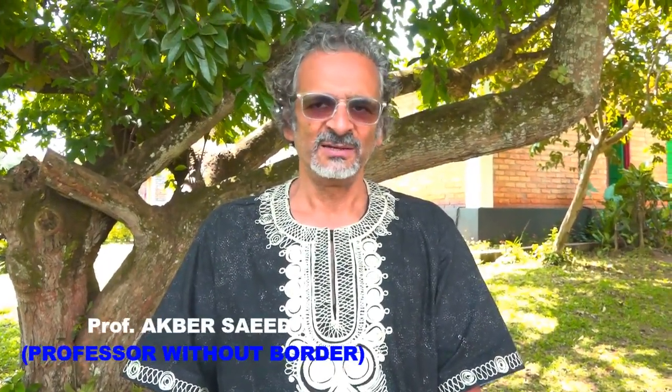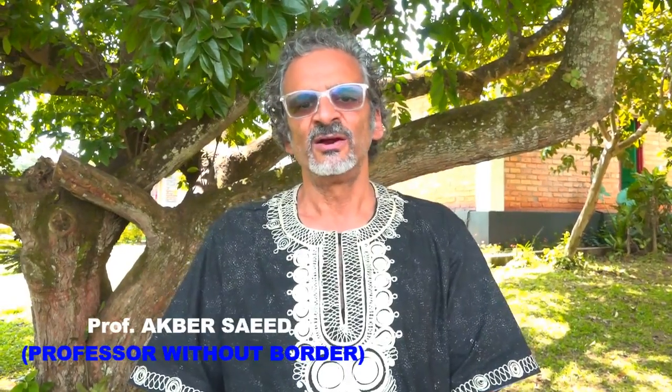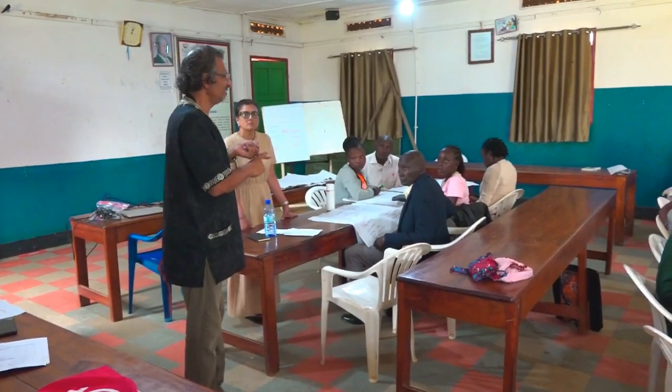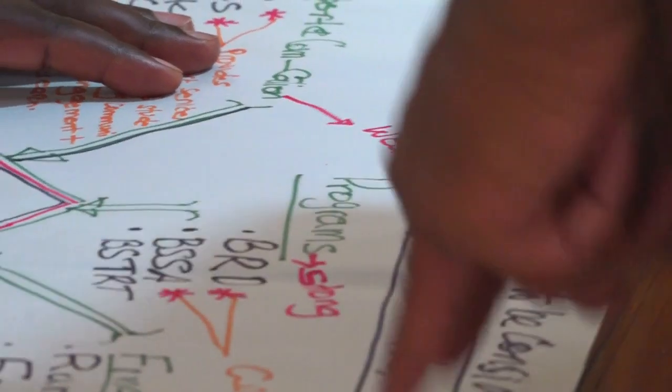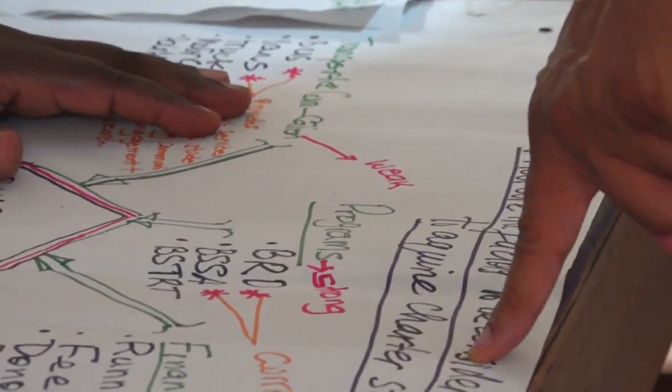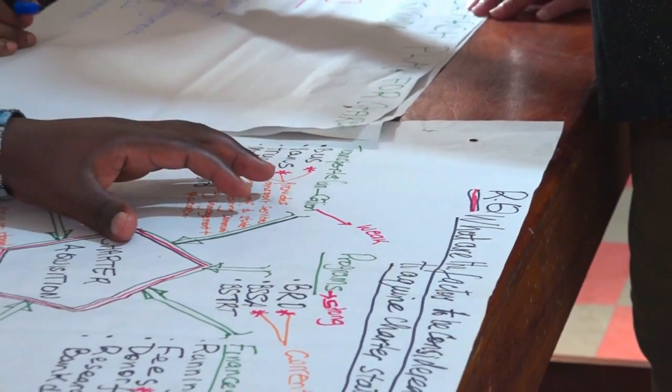My name is Dr. Akbar Saeed. I'm from Wilfrid Laurier University in Canada, and I've been at ARU for the last couple of weeks. We've been studying participatory action research, understanding the approach of PAR and specifically community-based PAR. We've looked at the theoretical basis, and then moved on to the different stages of PAR. In particular, we started looking at context, and the important thing is that every step of the way the research should be done in conjunction with the community.